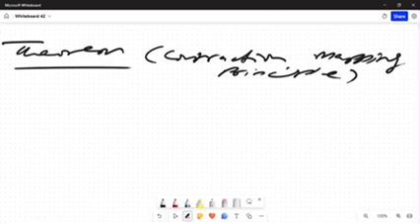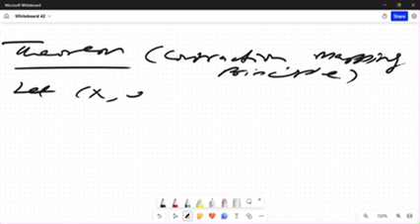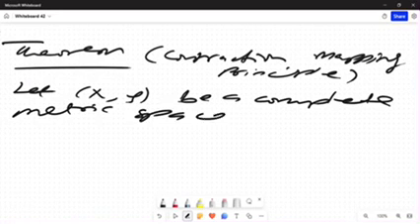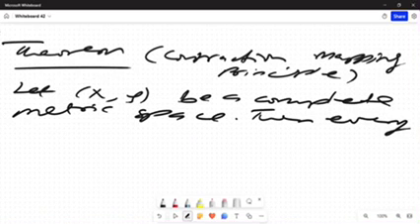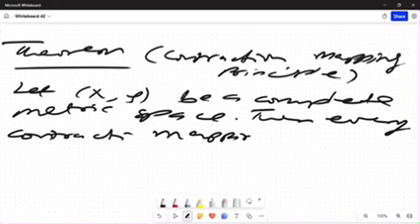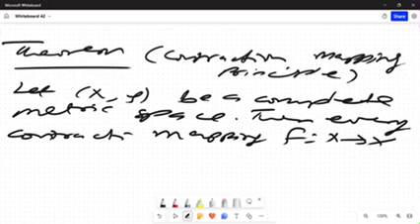Okay. So let (X, rho) be a complete metric space. Then every contraction mapping f from X to X